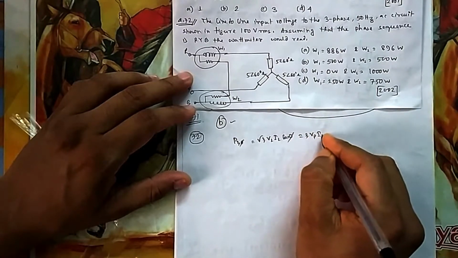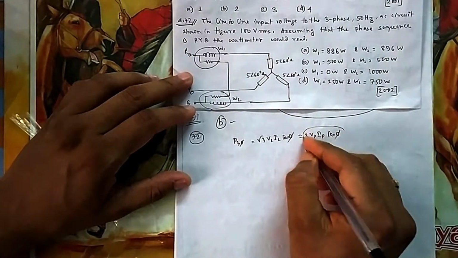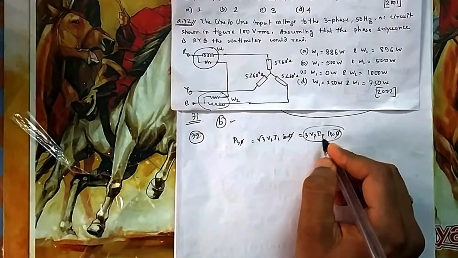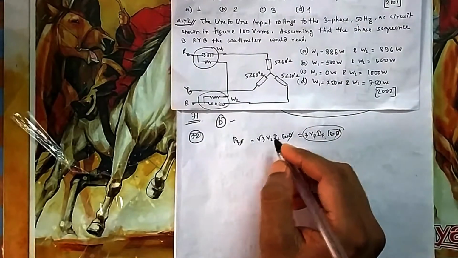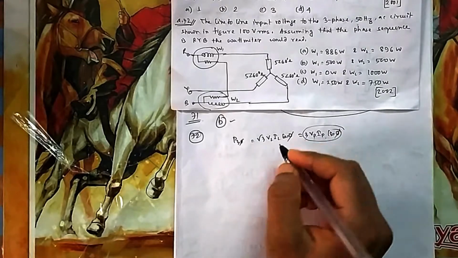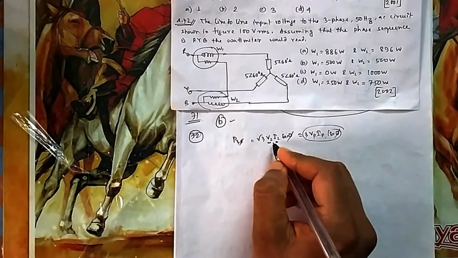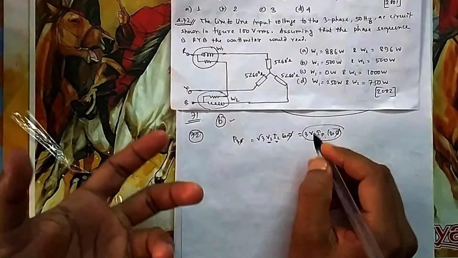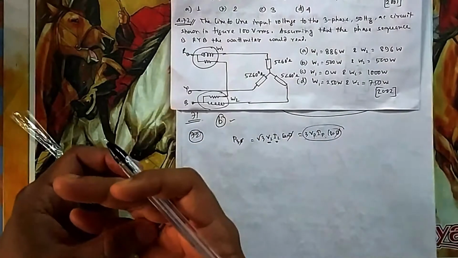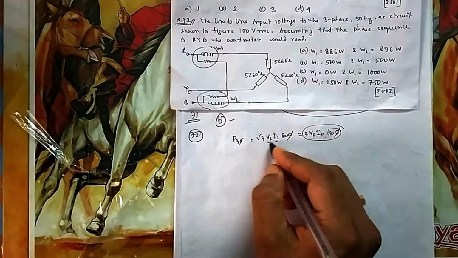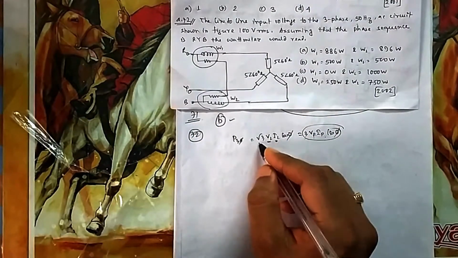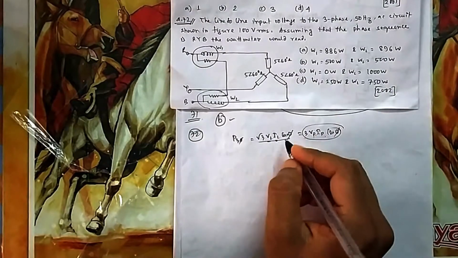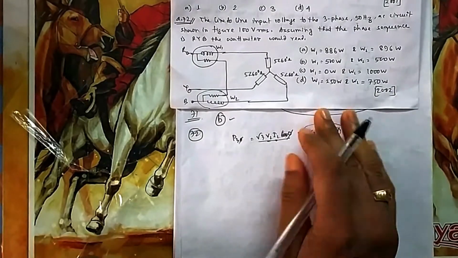So which one is the original formula? This one is the original formula, because per phase it was VI cos phi, so for 3 phase it should be 3 times that. Now in a 3 phase connection you can connect it either star or delta. So in terms of connections, you have introduced a new parameter, line voltage or line current, which was not present in single phase. In single phase, line current is phase current and line voltage is phase voltage. But due to connection it changes, and due to which instead of 3 we can write root 3, which we can derive.